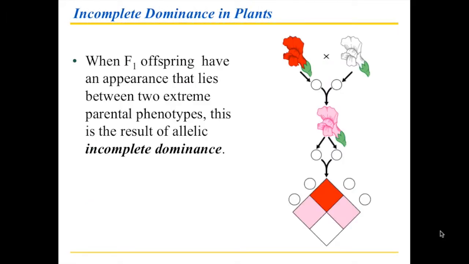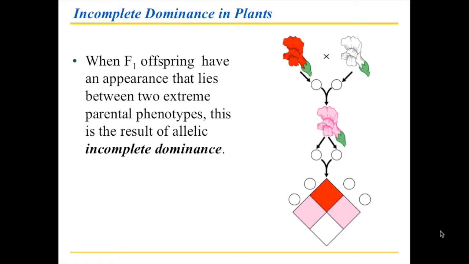So the first of these is called incomplete dominance. And in incomplete dominance, one of the issues is that the offspring don't have the phenotype of one of the parents, but they have a blended phenotype. Blended phenotype is not what we saw with the pea plants. There we had 100% of the pea plants be purple flowered, and the white just sort of disappeared for a bit, and then it came back in the second generation. So here we have this blending.